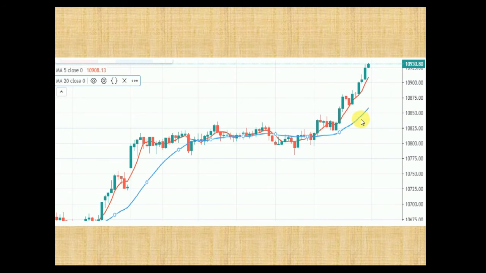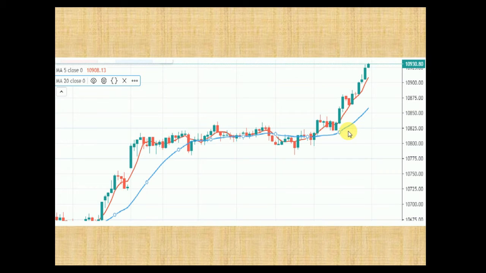Similarly for the moving average of 20, you can see it is the blue line. This line will be calculated based on the last 20 candlesticks. This point is reached based on the last 20 candlesticks. If you count from here, 20 candlesticks will come here, and you can calculate the last candlestick average. Based on this calculation, this particular blue line will be moving along the price.